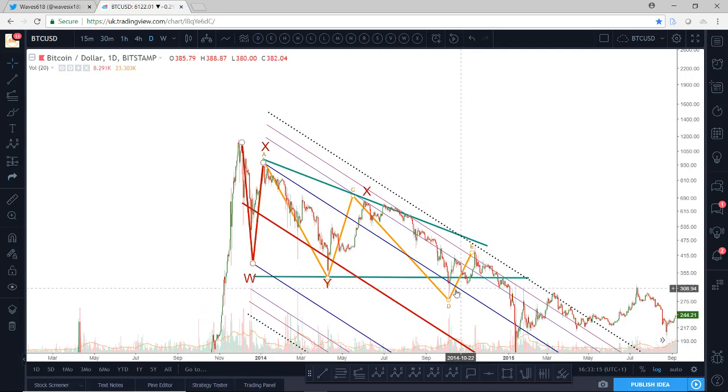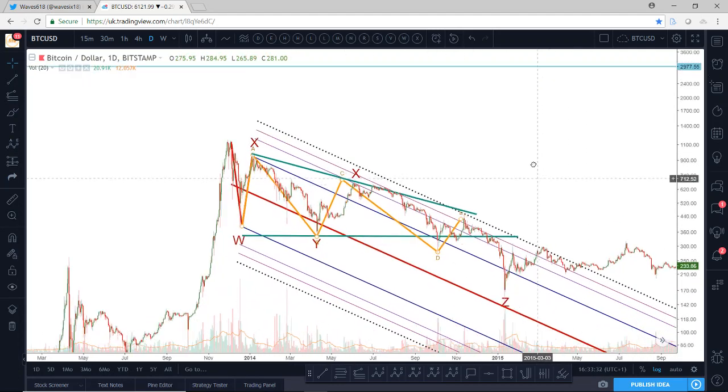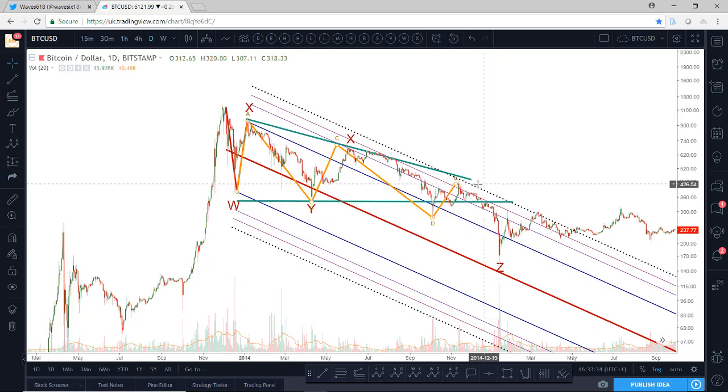But that said, this did wick down and the close of the candles was around this base of the triangle, and that would mean that there are still these two touches at the base of the triangle and 3 touches at the top of the triangle. And the reason that's significant is because if we look at the Fibonacci relationship between this wave here coming into